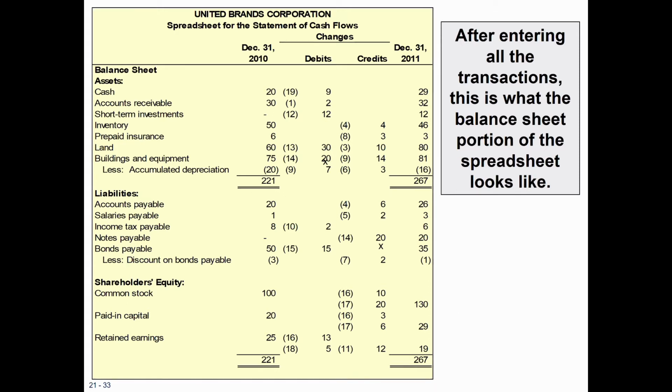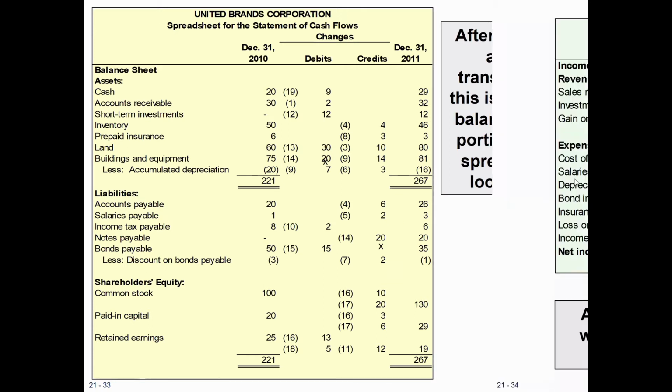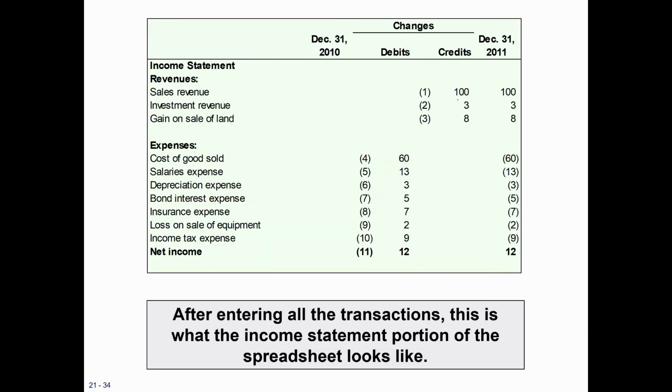So this is the first spreadsheet. It's called the balance sheet spreadsheet. Our second spreadsheet is the income statement spreadsheet. Again, we already filled these out, but let's just assume those are not there yet. We're going to fill them out one by one. When we fill out the income statement and the